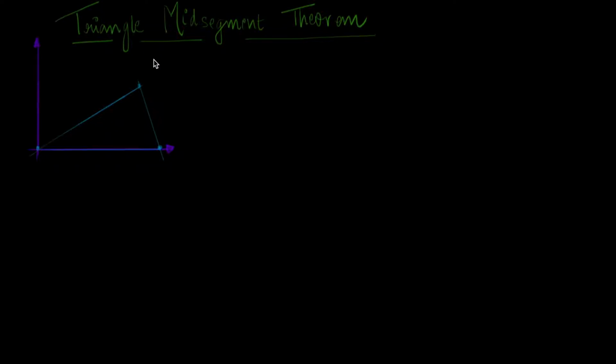Right, so here we're going to prove something which is called the triangle mid-segment theorem. What that basically says is that if you have a triangle, like I do here, with vertices A, B, and C, like so, then if you demarcate a midpoint of this line segment AB by M, and similarly if you choose the midpoint of this line segment AC and you call that, say, L, then what the triangle mid-segment theorem states is that the